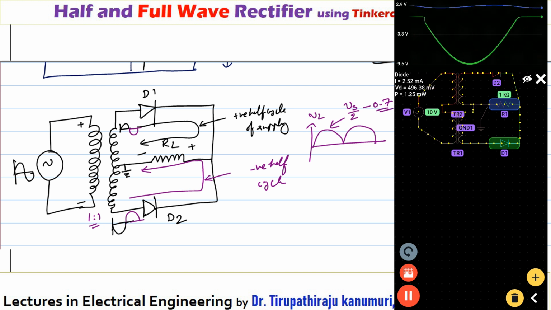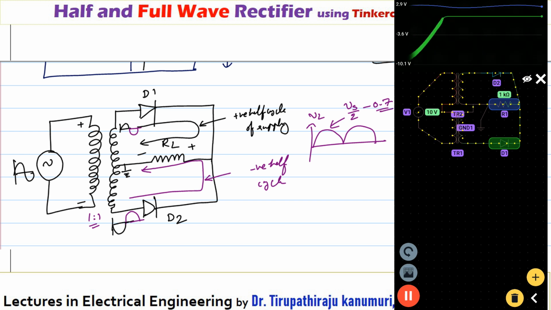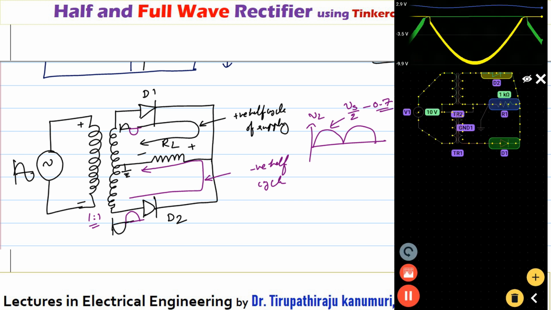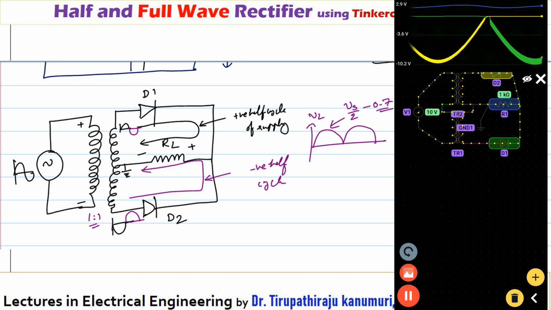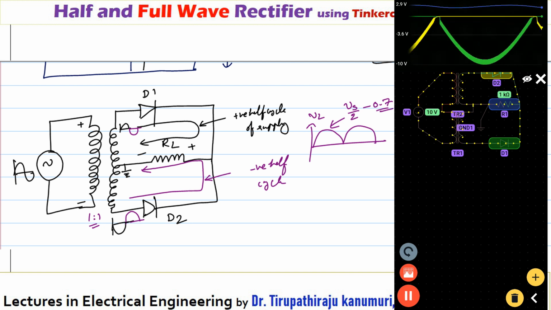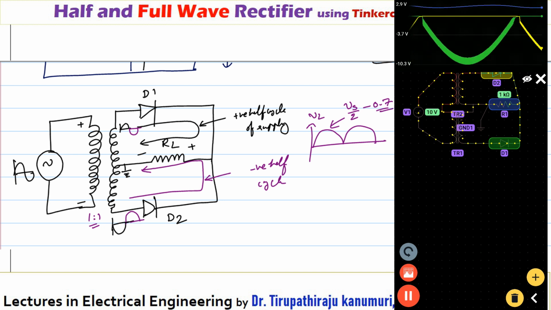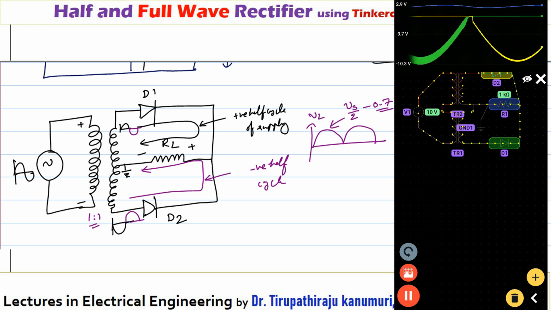The same thing is the case, we can check across the second diode as well by keeping some color in this way. For the second diode, for example, I have clicked now, and I am selecting the voltage. You can see the second diode color is different, so two colors are coming there. One diode is reverse biased for half cycle, and another diode for the other half cycle, whereas your output is coming as positive only. Output is coming as positive. By this, we can conclude that the center tap transformer type full wave rectifier is verified.